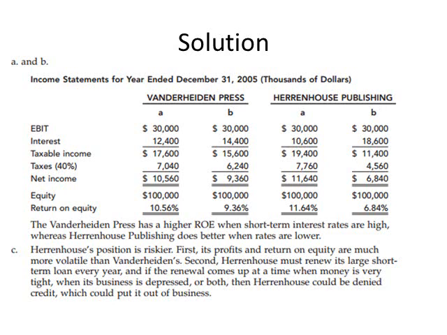Then we are going to subtract the interest from the earnings before interest and tax to give me the taxable income, 19,400, multiplied by 40% to calculate the tax, which equals 7,760. I'm going to subtract the tax from the taxable income, 19,400 minus 7,760 equals 11,640. The ROE will be equal to 11,640 over 100,000, the owner's equity, which will give me